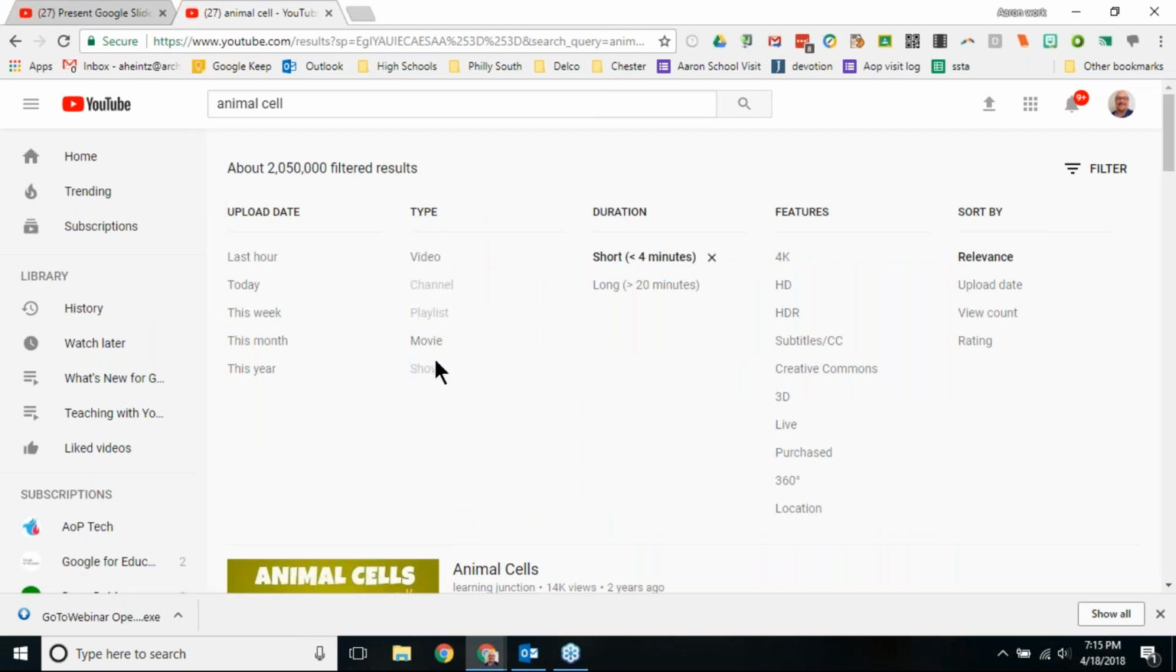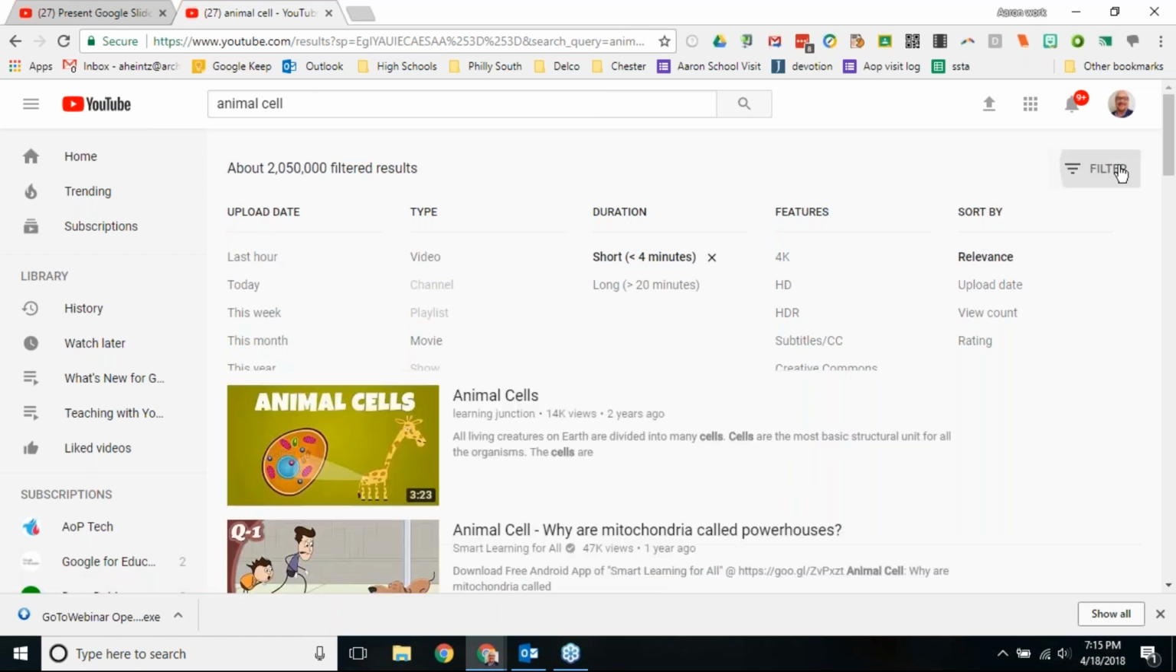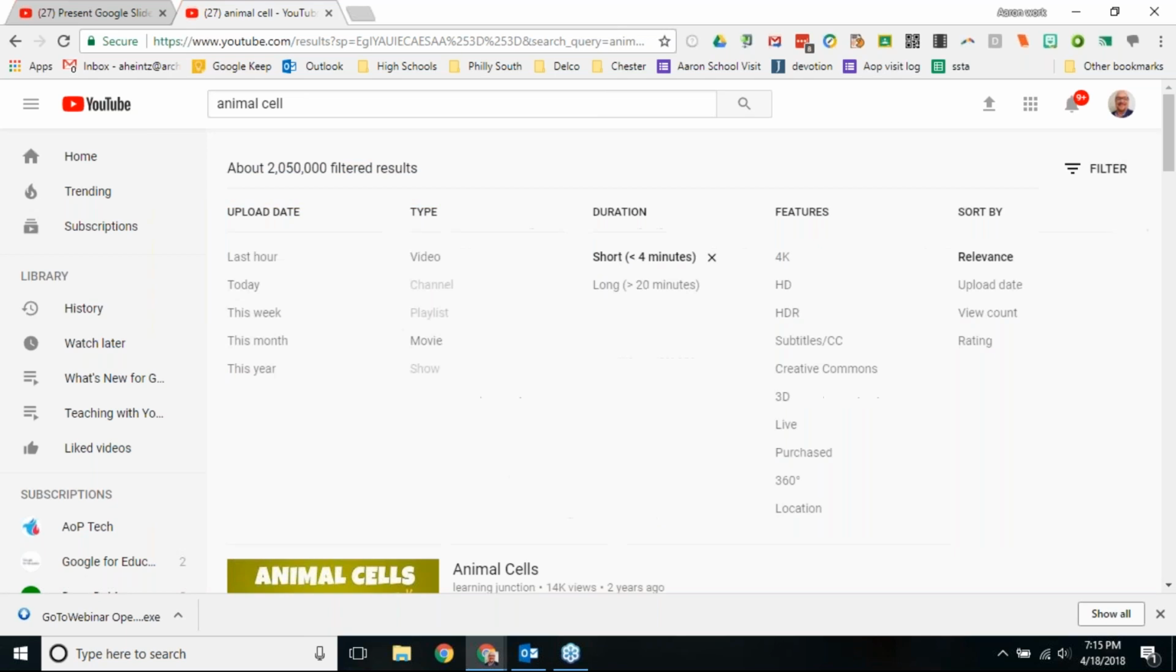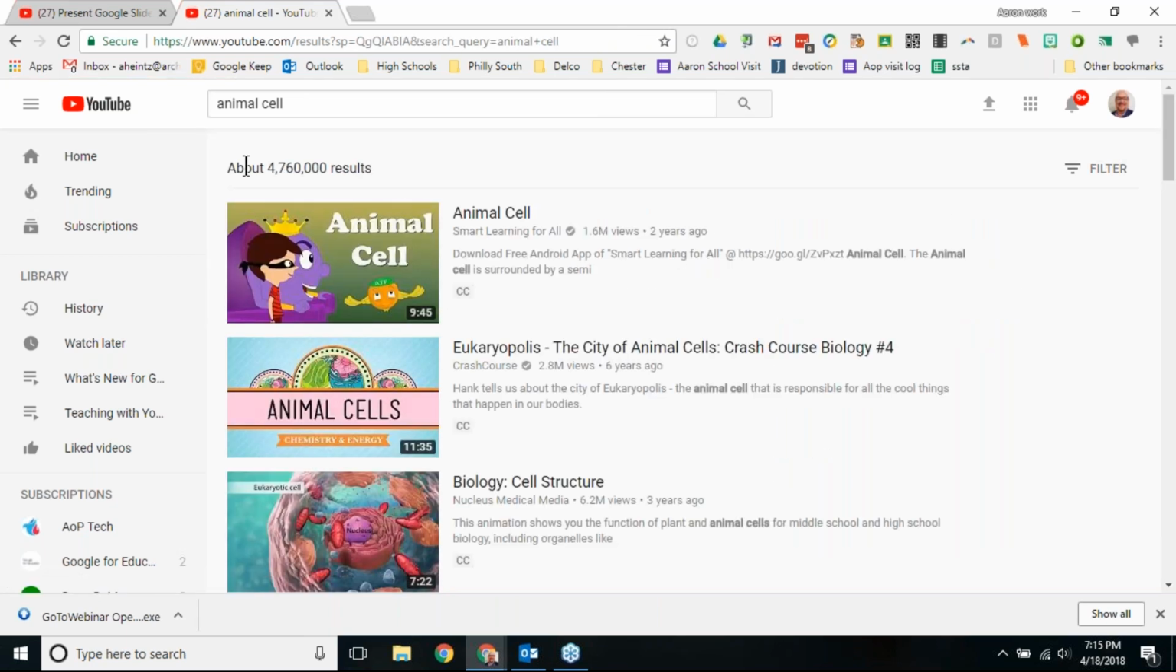Certainly, I also have the ability to select whether I'm looking for a playlist or a channel or a video. And then I can also sort by when it was updated. So that's just in the little filter button that's over here on the right-hand side. I have all these other options, and a lot of times that will speed up my finding that perfect YouTube